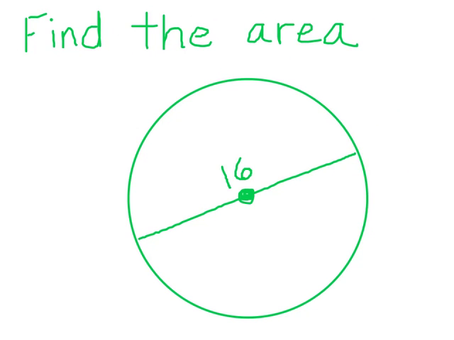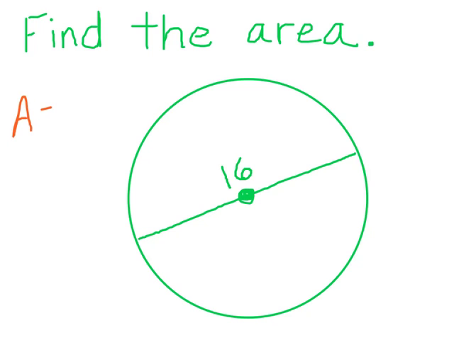Okay, and they ask for the area. Find the area. Yet, a radius is not given to us. What they're showing us here is a diameter. So when you see this, they're talking about the diameter. The diameter is 16. But if you look at the formula for area,